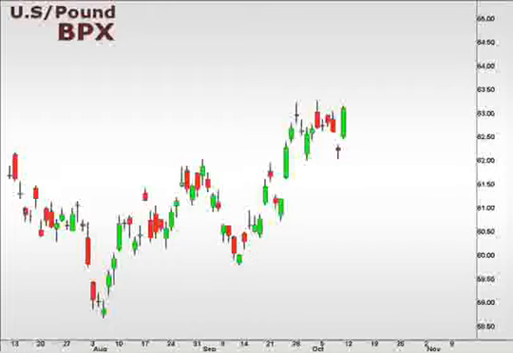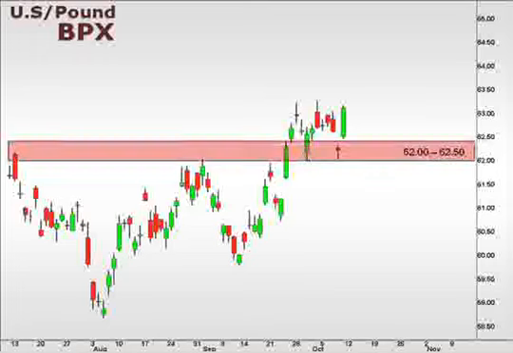Well, the US dollar continues to show strength against the British pound, as we can see here in the ISE FX options pair value BPX. Now, after a moderate pullback to retest support down here at the 62, 62.5, the US dollar ended the week